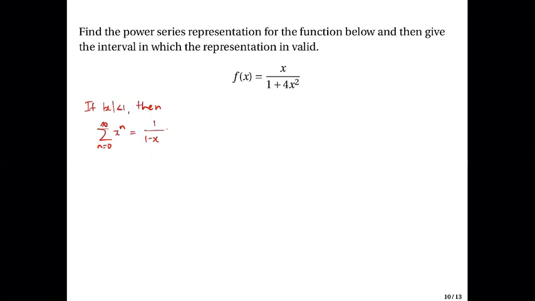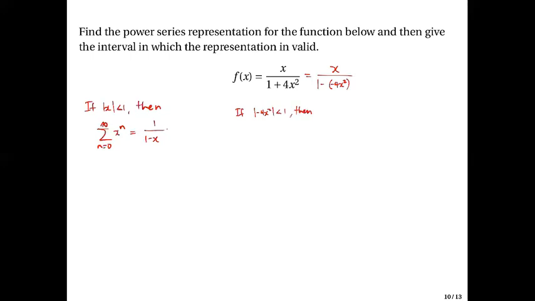So for this, we just need to write the minus part here so that this can be written as x over 1 minus negative 4x squared. So, if the absolute value of negative 4x squared is less than 1,